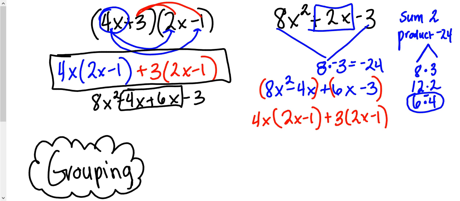So here we are, we've worked backwards, and we know that we actually could rewrite this as 4x plus 3 times 2x minus 1. So this is our factoring by grouping. It's not entirely different from what you're doing before. It's just another method and way